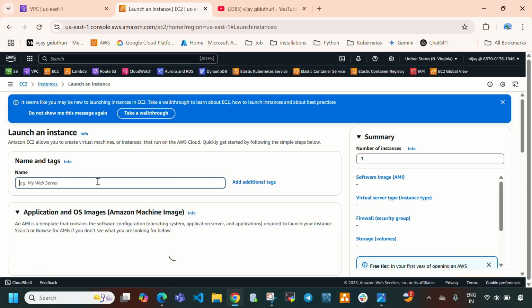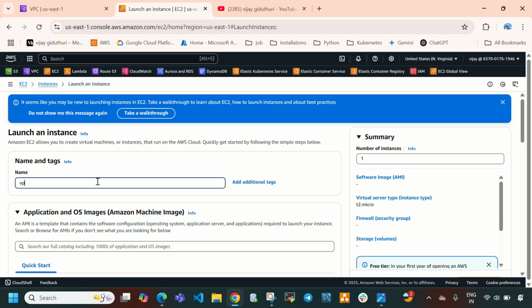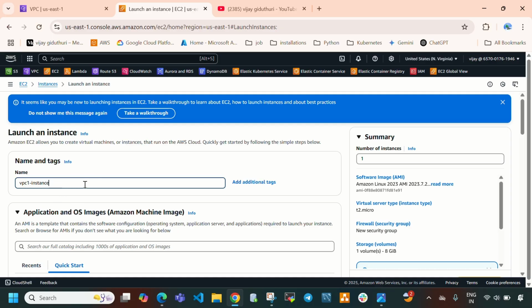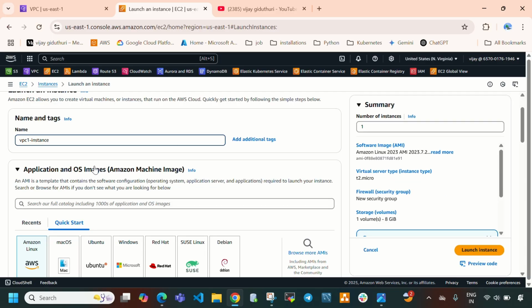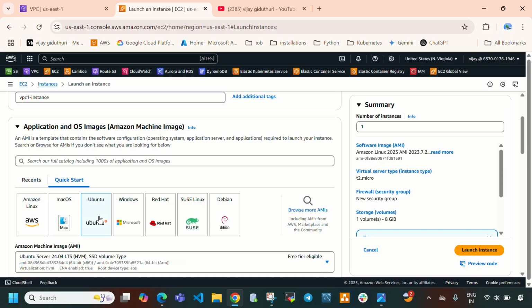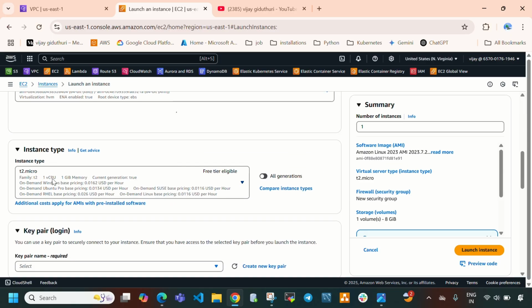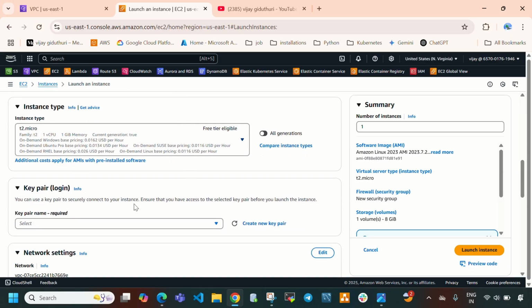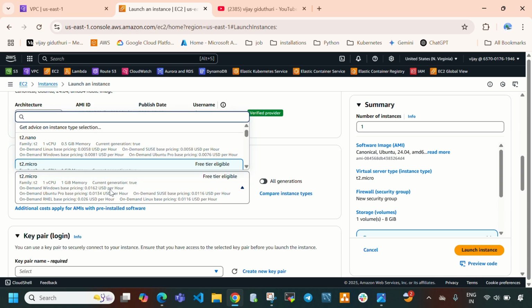First you need to provide the name of the instance. VPC1-instance, so I'm giving the name VPC1 instance. I'm going to create this EC2 instance under VPC1, right? So that's why here I'm going to provide this name. For the OS I'm going to select Ubuntu, and for instance type I'm going with T2 micro, and after that we need to select a key pair.